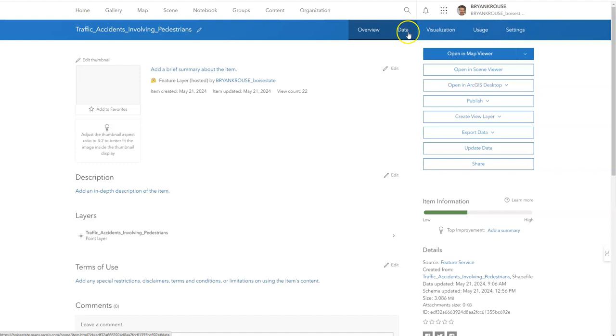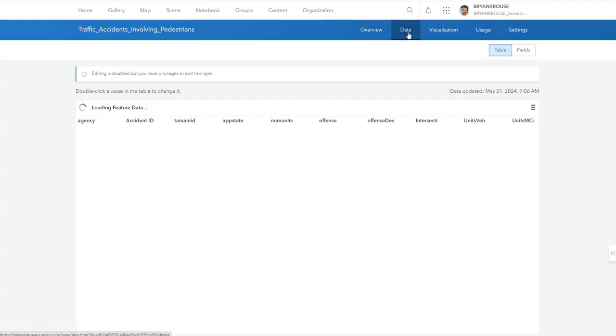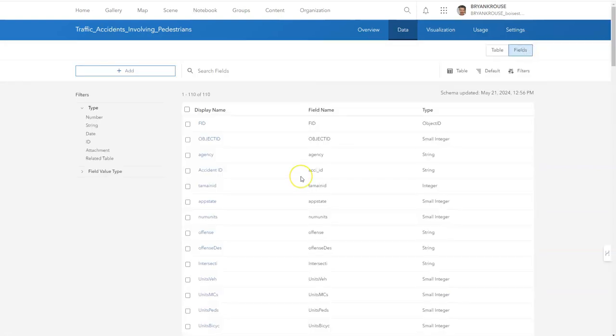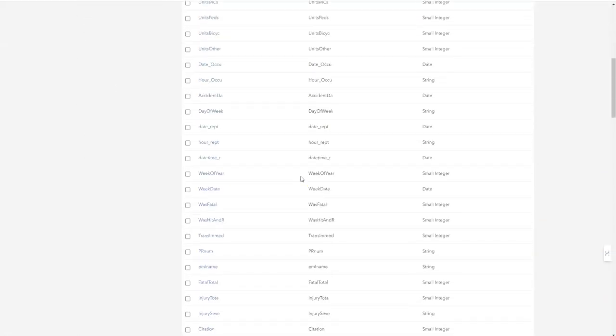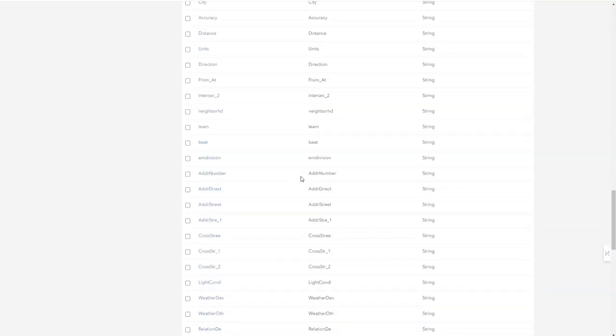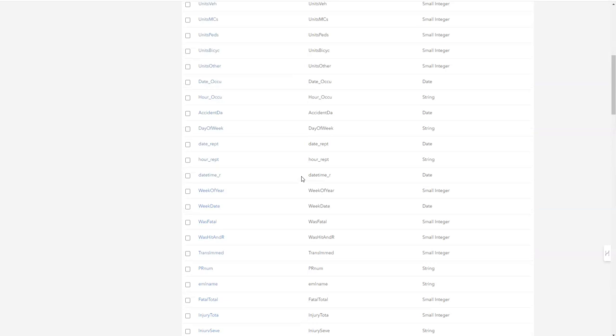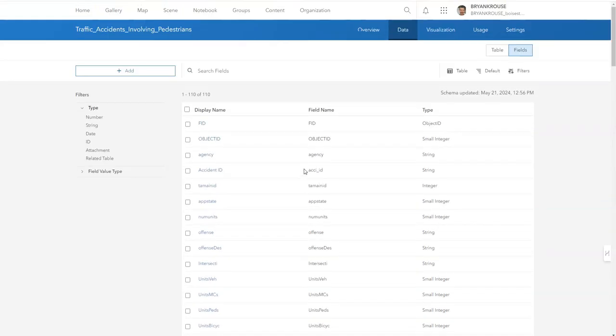And then we'll go to Data, and then Fields. And here's a list of all the fields that are part of this layer. So there's quite a few of them. We're not going to need all of them. We'll just keep a few of the key ones. So, for example,